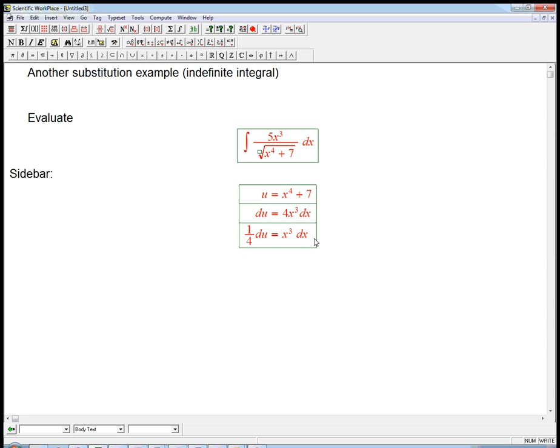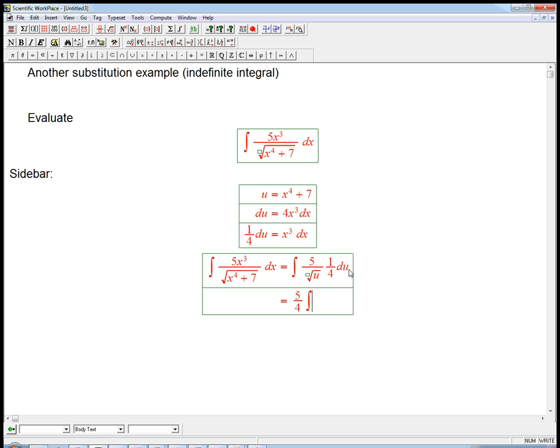Okay? So now we can go back and say our original integral, let's write it one more time to be clear what we're doing, can be expressed in a new language, which is 5, that's still there, and then the x cubed dx has turned into a 1/4 du, and then the bottom is just the square root of u. Okay, that has really reduced the complexity, especially since the constant just comes out, and then this is just u to the minus 1/2 du, and then so that's 5/4